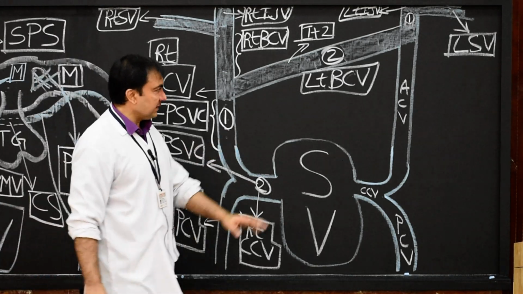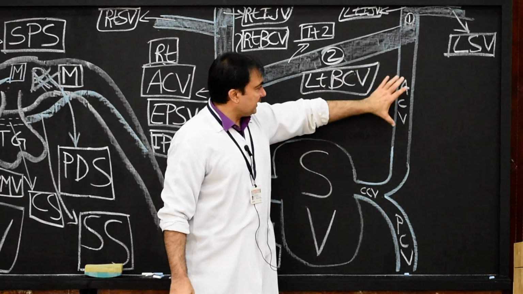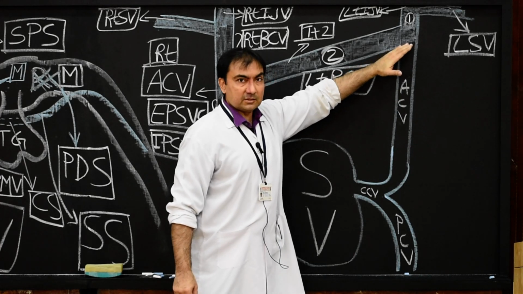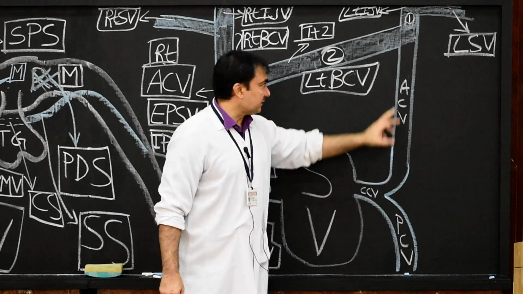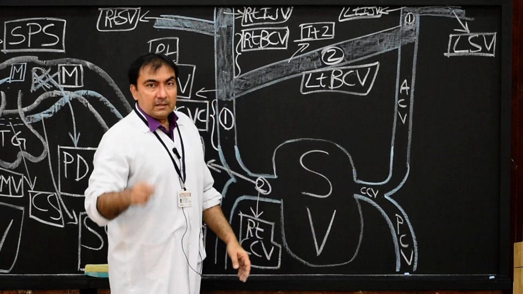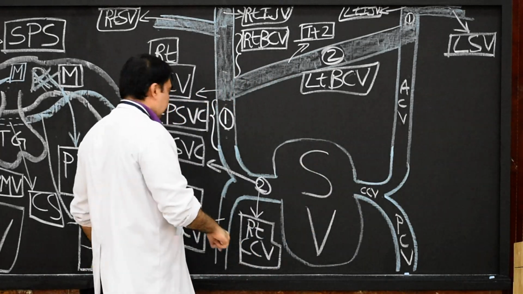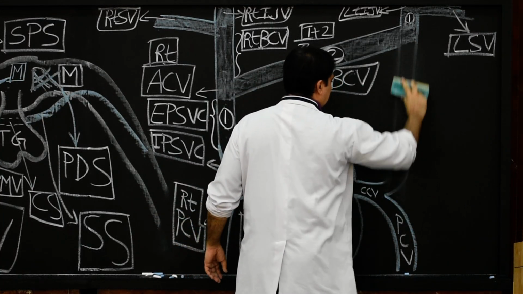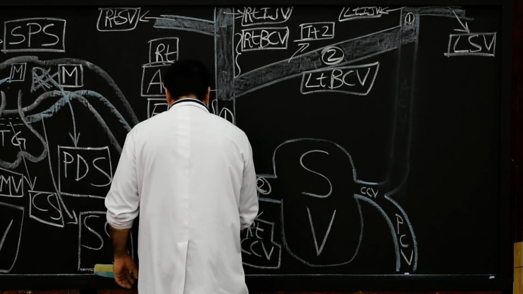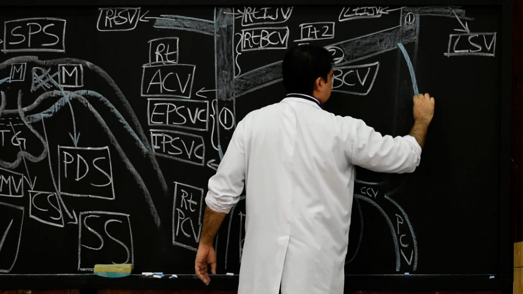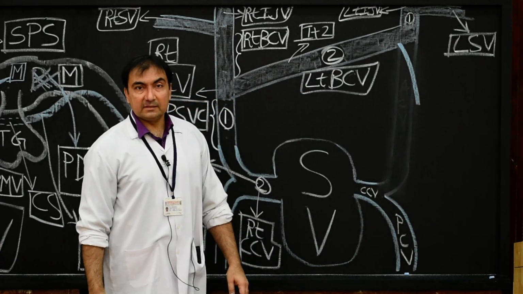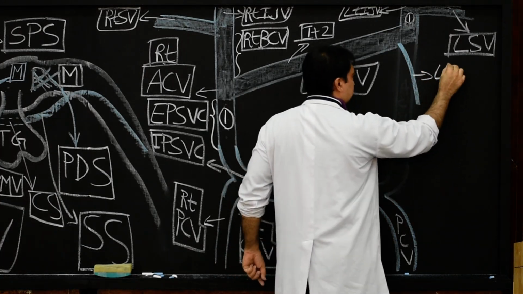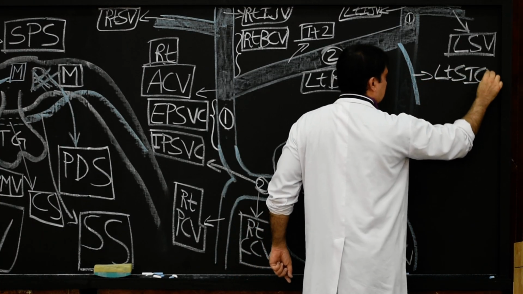Now we come to the left side. Very interesting, this segment is very interesting. What will happen to the left anterior cardinal vein below this oblique anastomosis till left common cardinal vein? This much segment of left anterior cardinal vein will retrogress in size, and later on it will lead to the development of the first structure. This will be known as the left superior intercostal vein. So here we mark this as left superior intercostal vein.